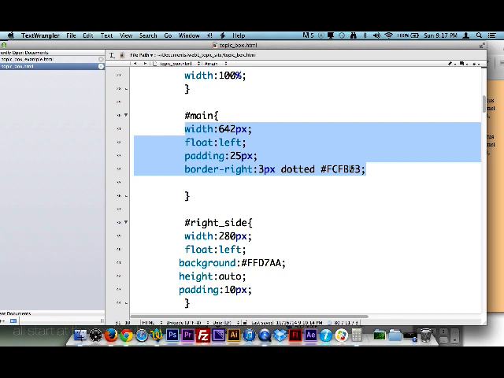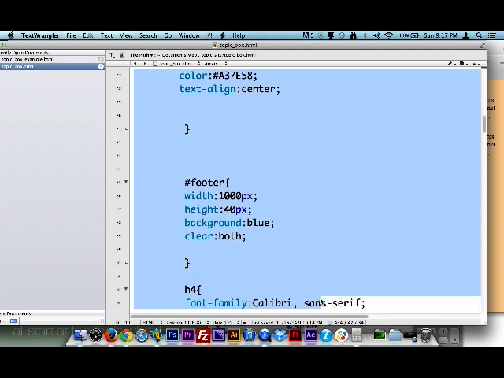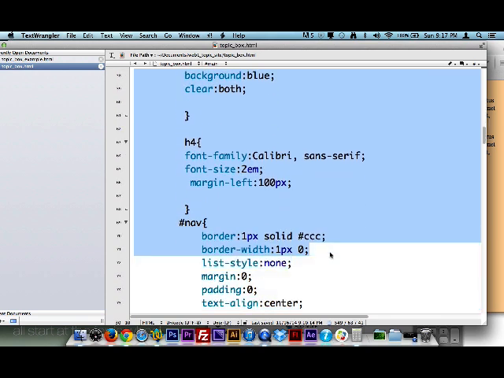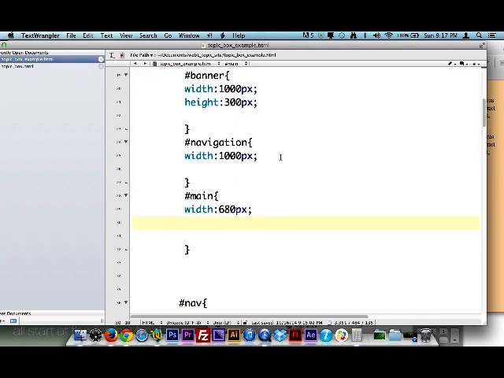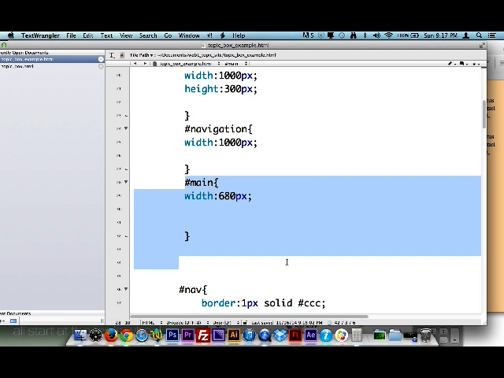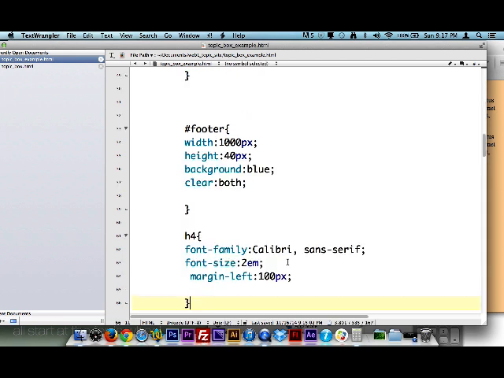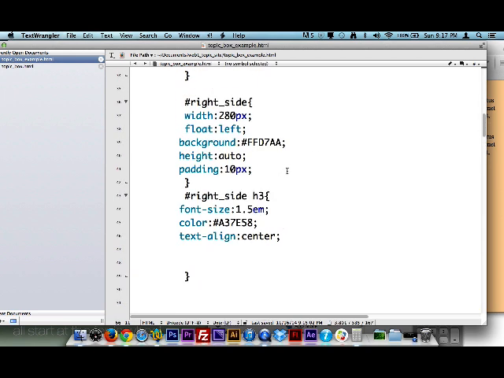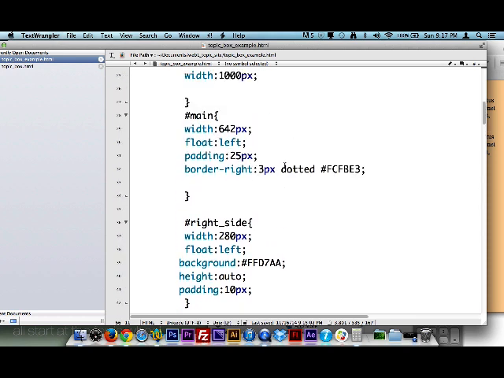So let me copy this. And what I'll do is I'll copy the whole thing. I'll go back to our example. And this is where we're at here. Okay, and then I'll just kind of show you to speed things up. But I want you to, again, type this out. So the width of our main is 642. We'll start there again. We can probably go up to about